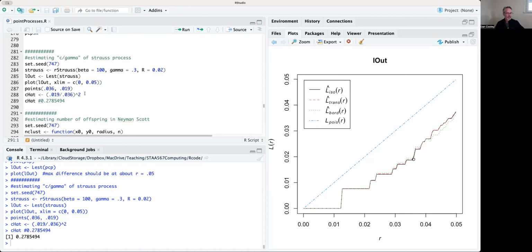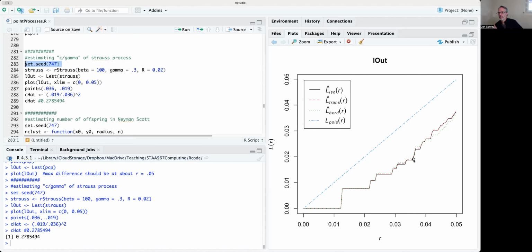And when I get C hat, I get 0.278. And notice that it is pretty good. It's pretty close to the true value, which was used to generate this data, of 0.3. Now, I totally rigged it. I did a few Strauss processes to get a nice picture and to get a nice estimate,